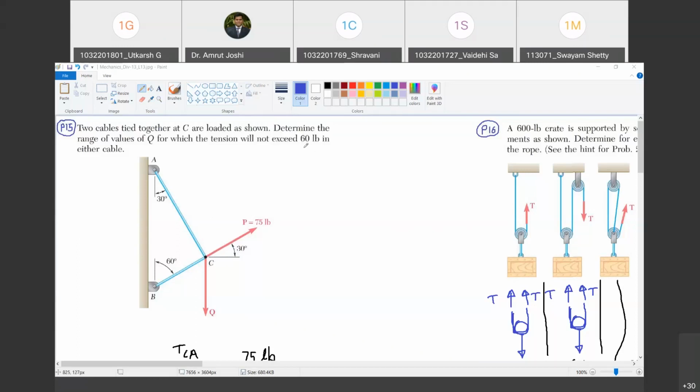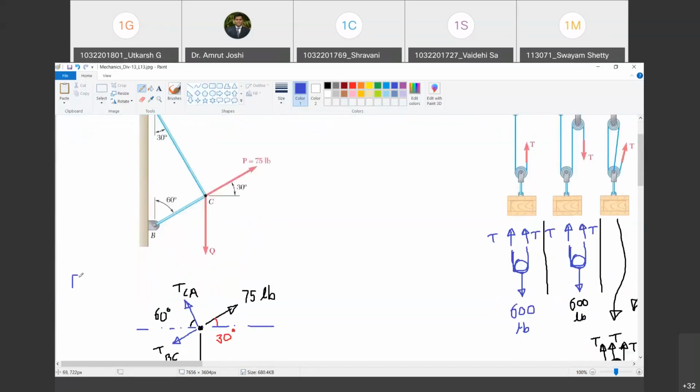Now we have been asked something about the tension, which is related to tensions in the cable. Do you agree with me? Yes, sir. If I were to know the tension in a cable, which is the internal force, I must give a cable cut. Do you agree with me? Yes, sir. At a joint where they are joining. Yes. So how are we going to solve this problem?